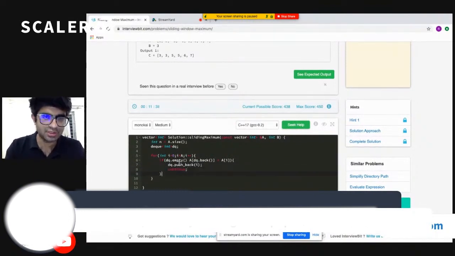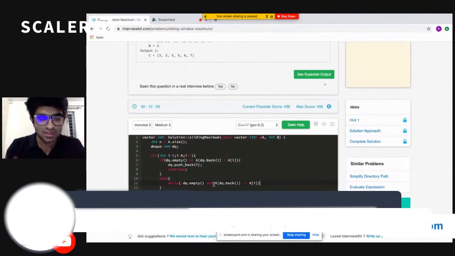Now if that is not the case, we can check while my deque is not empty and the element at the back is lesser than or equal to my A[i], because I just found an element of greater index and it is greater than the last element of my deque.